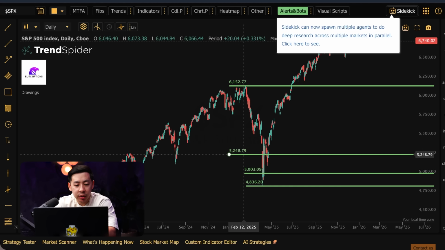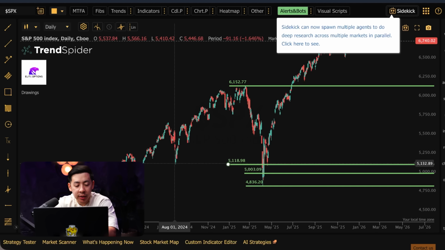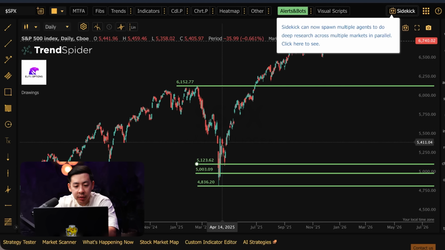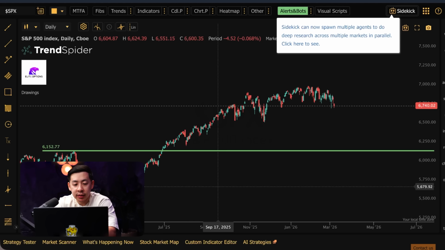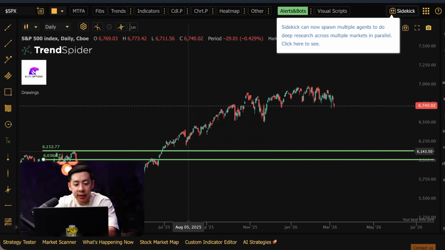The next important level you're going to look at is where the market bottomed out in 2024. So you can mark that as your next potential entry point, which lines up with where the higher low is from April 17th. So that's your next important entry point and support level that got reclaimed once we saw the market start to bounce.